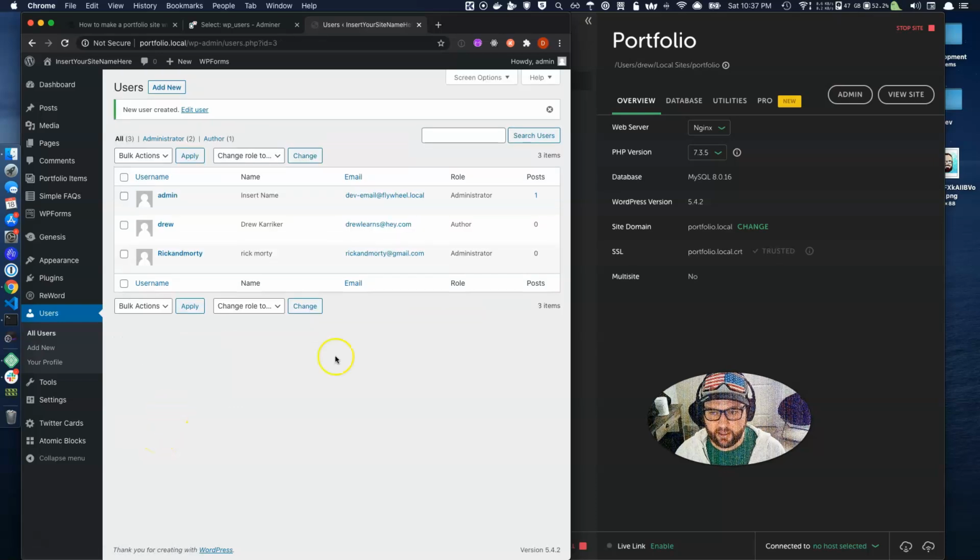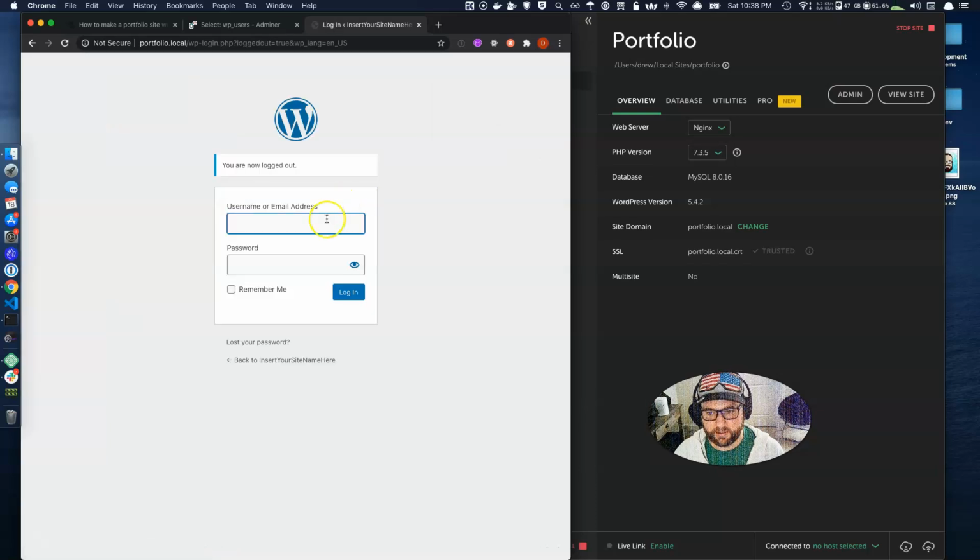So now I'm just going to add that user, and you can check that Drew is an author, Rick and Morty is an administrator, and now I want to remove this admin user, but since I'm logged in, I don't have that delete option. So what we're going to have to do is log out and then log back in. So you just go up here to the top where it says Howdy Admin and log out. I'm just going to make sure I remember the username, which is just rickandmorty@gmail. Okay, so log out, and I'm going to log back in as